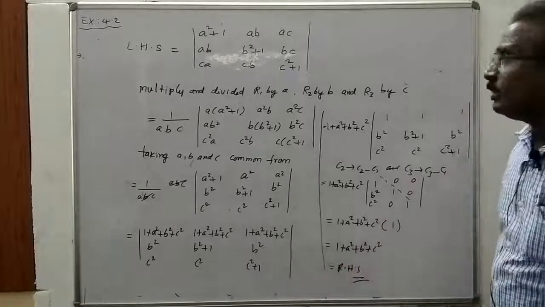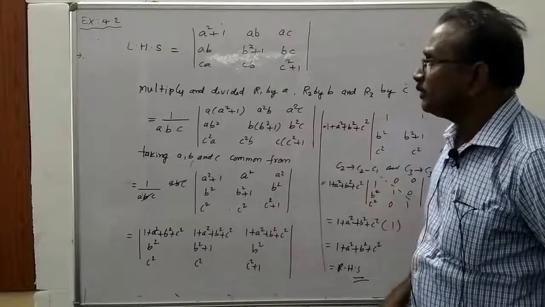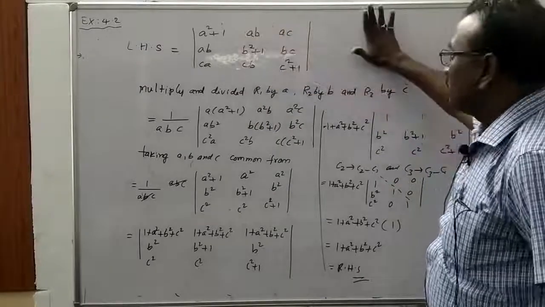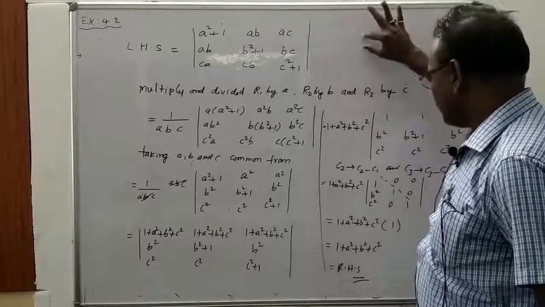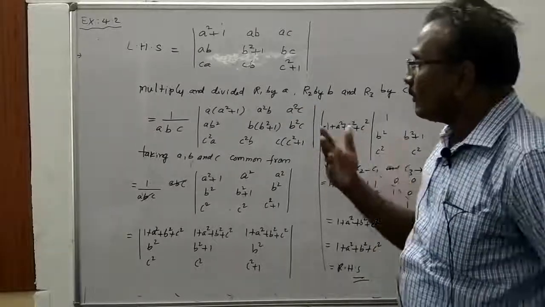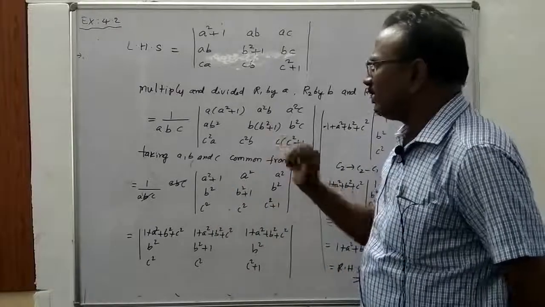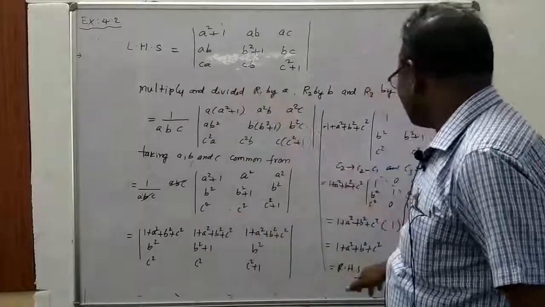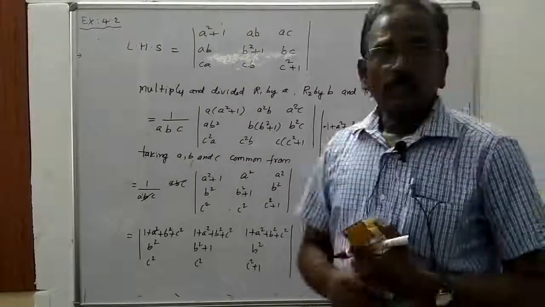This is very important from the exam point of view. It has already been asked 2-3 times in the annual examination. Observe the LHS elements and the RHS, what we need to prove, that is very important. The RHS is 1 plus a square plus b square plus c square. How do we get 1 plus a square plus b square plus c square common when we apply row or column operations? If it is not possible, there is another technique. If we do this method, we definitely get the answer 1 plus a square plus b square plus c square easily. So this is a very important question. These are the exercise 4.2 problems.